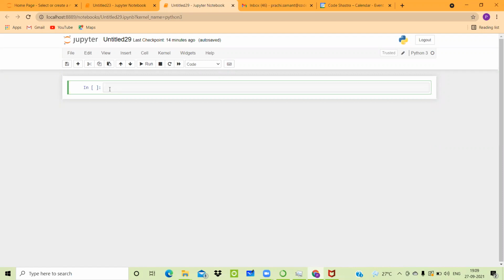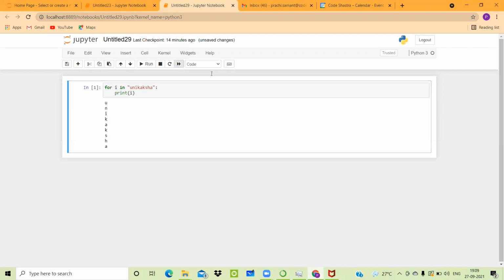Anyway, I think I haven't explained to you the concept of end. So let me just show you that. When we create something like this, for example, I'm writing for I in Unikaksha, if I write print I, then it is going to print a single letter on a single line.